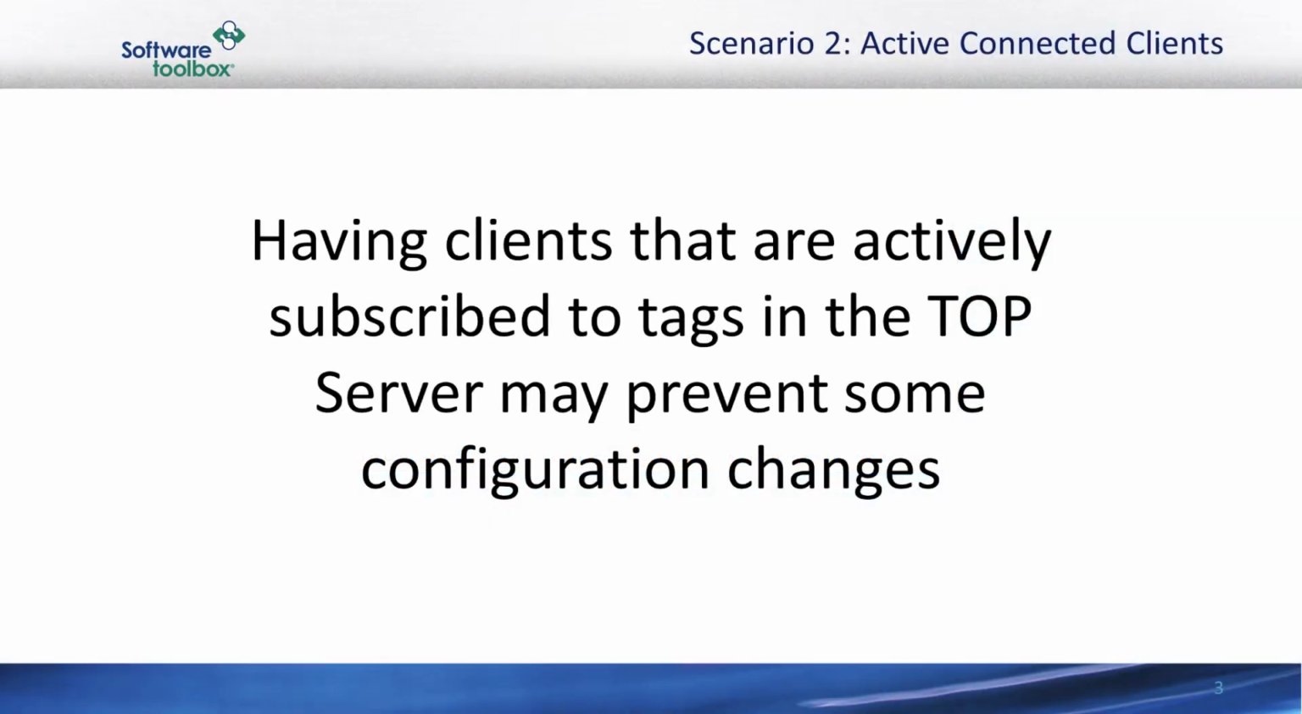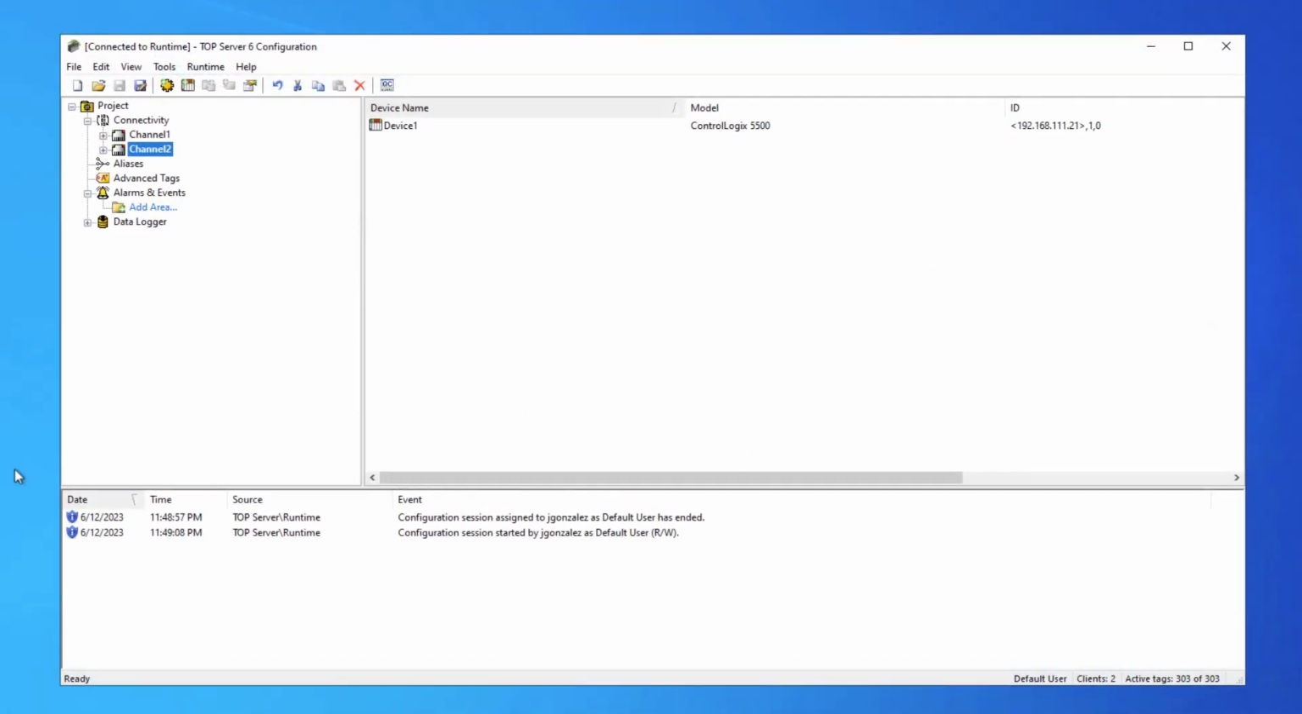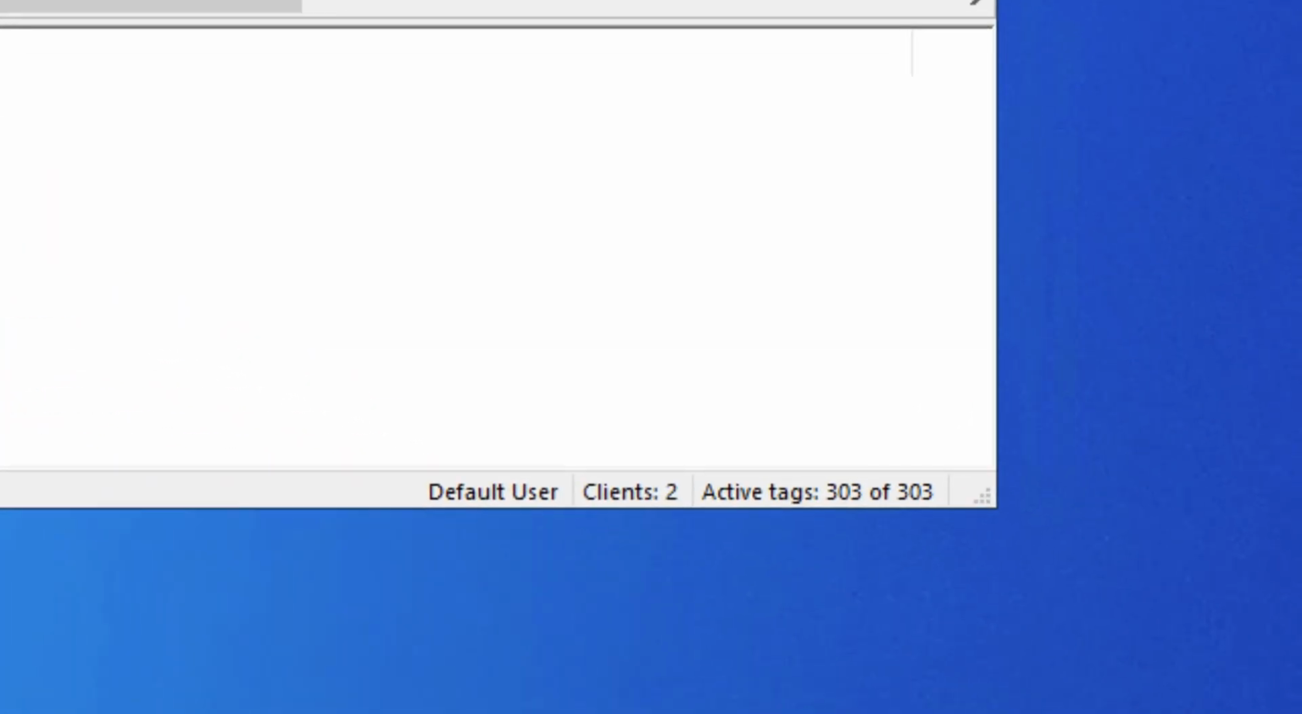The second and actually most common scenario is when there are client applications actively requesting data from TOP Server and its configured devices. Now, this does not apply for all properties, but if you come across a property change that reverts to the previous value after you try to apply the change, this is most likely the scenario you are encountering. Allow me to demonstrate what I mean when trying to apply a change and having it revert back to its previous value. Please notice that there are currently 2 clients connected to the TOP Server and that are actively requesting